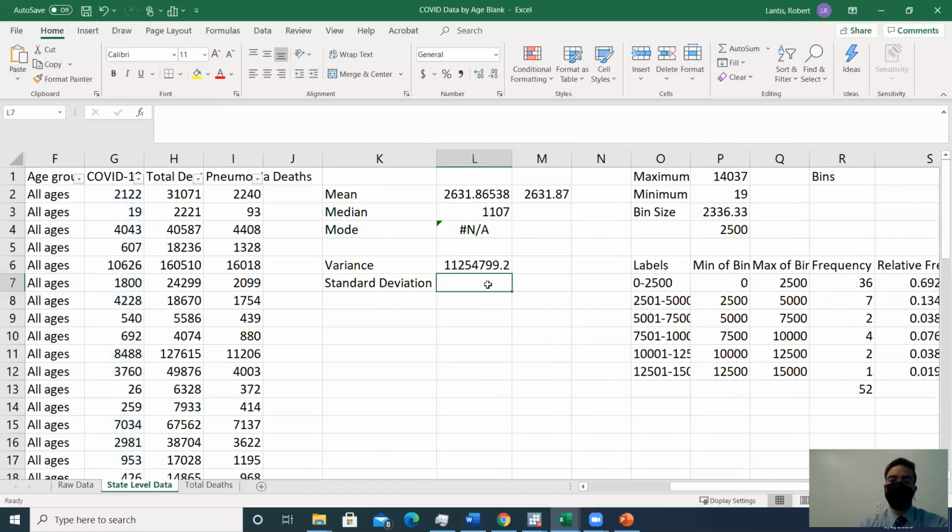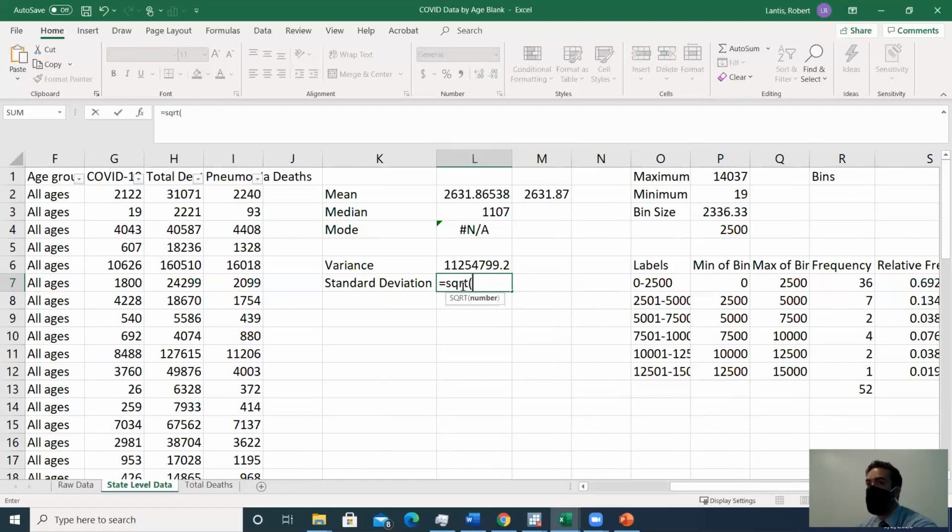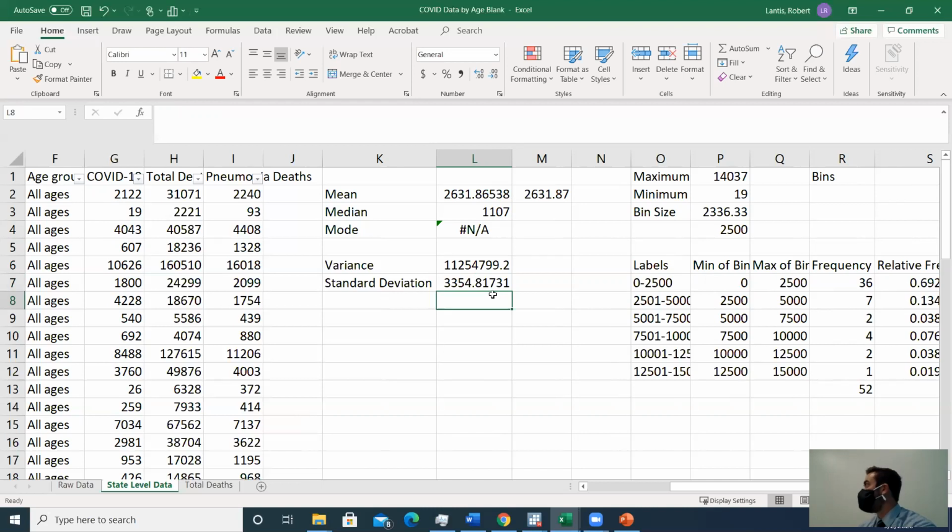Should make some sense. What if I want to find the standard deviation? Well, what did I say? If I have the variance, how do I get the standard deviation? I just take the square root, right? So in Excel, how we take a square root is SQRT, so square root, and then what number do you want to find the square root of? I click on that number that I already have in the other cell, hit enter, and it'll give me my standard deviation. Now there's another way you can do that.